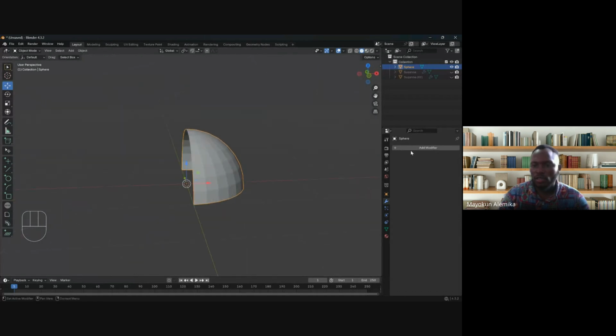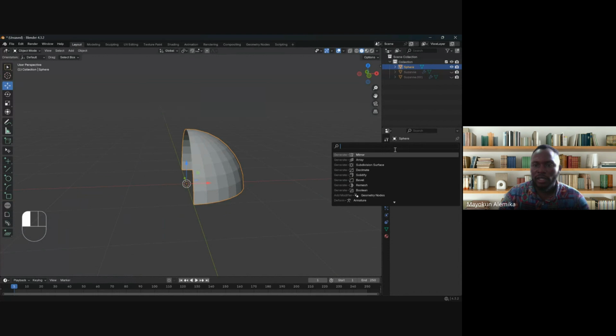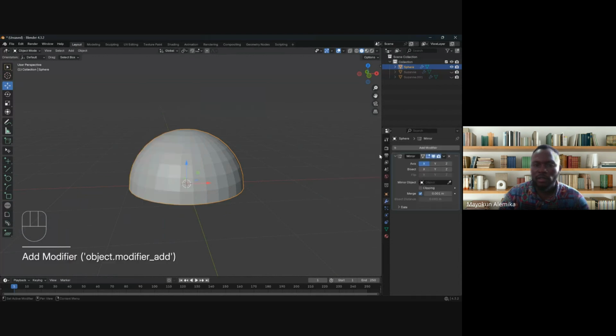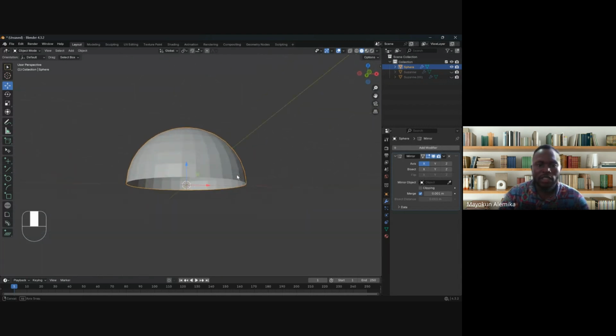How do I do that? Just come to the mirror modifier, apply, and create the mirror. By default, that's created the left axis for us, making it a hemisphere. And to make it a full sphere, you just click on